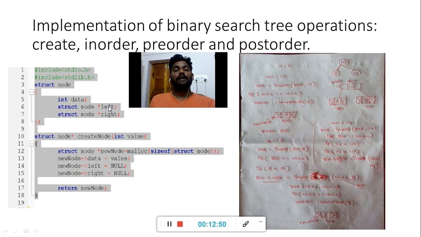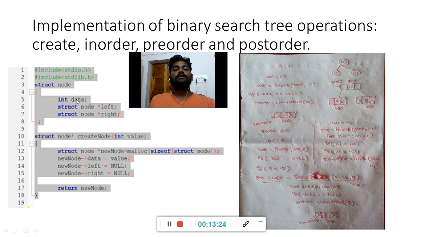In a tree data structure, the node consists of three parts: the first is the left pointer, the second is the data part, and the third is the right pointer. So the self-referential structure contains three members: the data member, the left pointer, and the right pointer. This is the declaration of the self-referential structure.